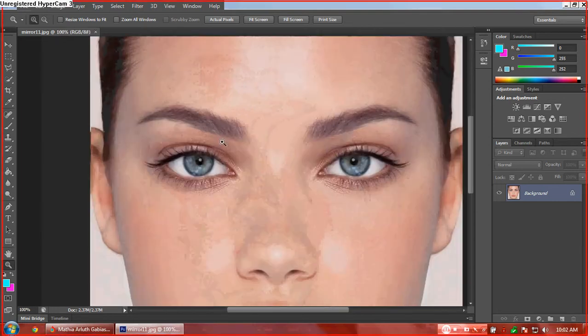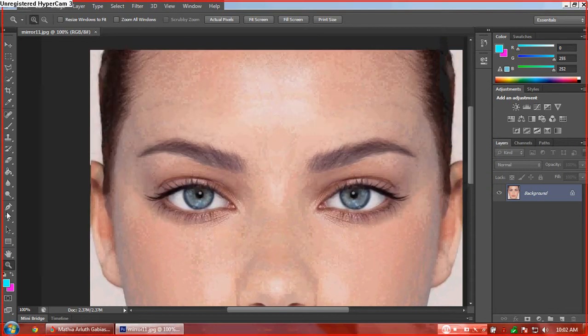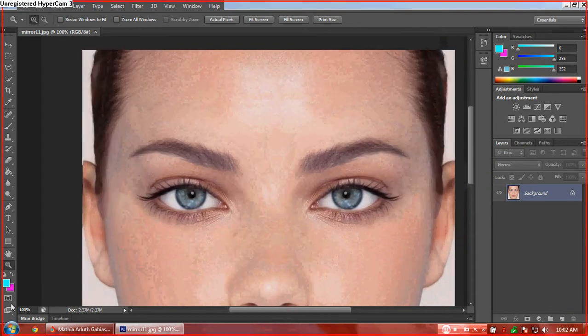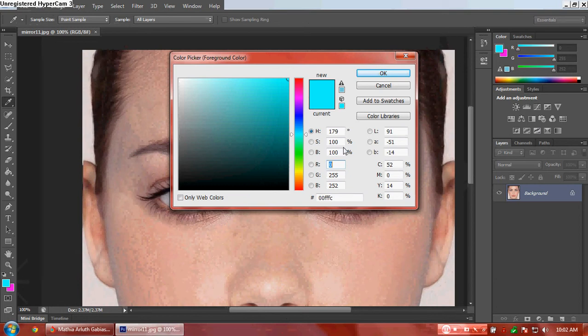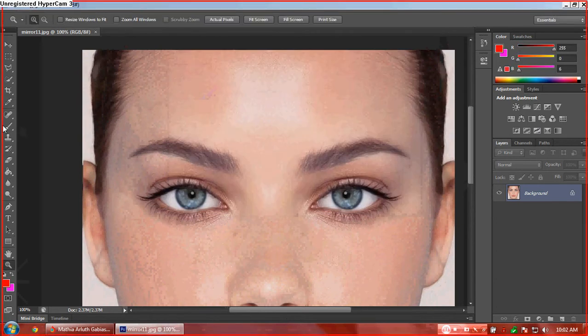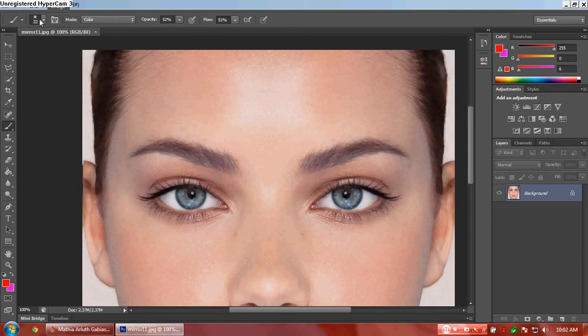Zoom it in. First, we will change the hair color. First, choose a color whatever you want and click the brush tool.